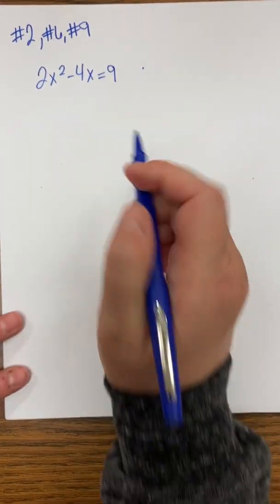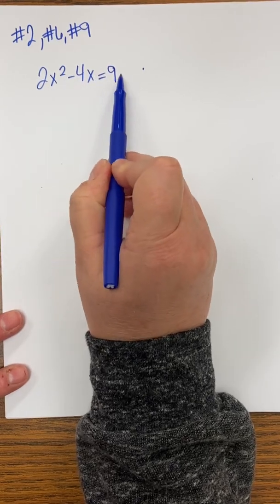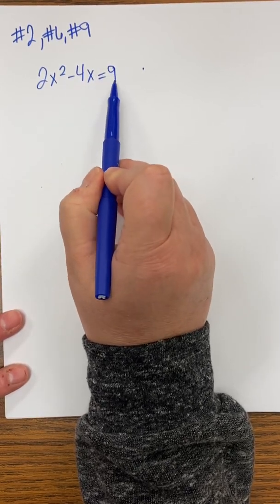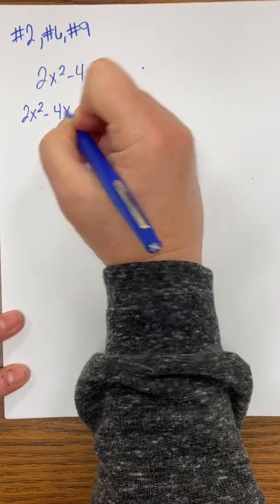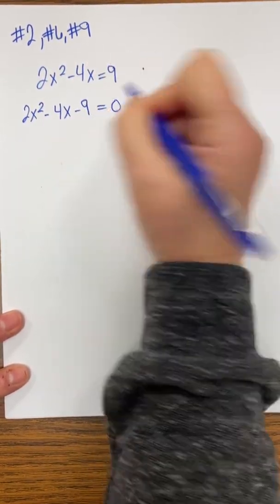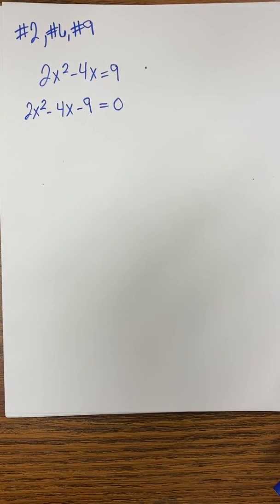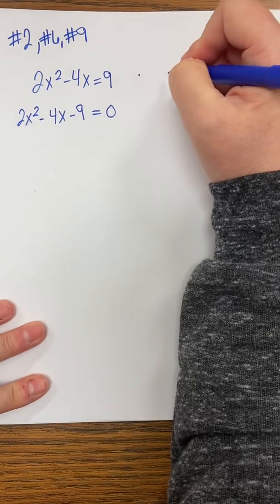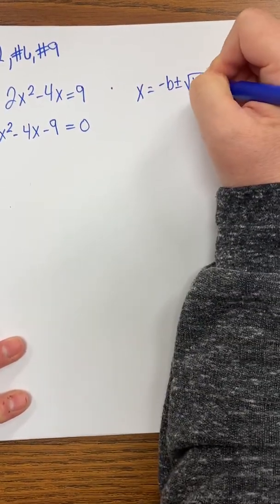The other thing, these are going to start out where they don't have them quite in standard form yet. You have your constant over here. So you need to get that moved before you start this. So you got to make sure everything's on one side before you begin. So now it's in standard form. And now remember, we're still using the quadratic formula. So I'm going to rewrite it up here so we can see it. So there's your quadratic formula